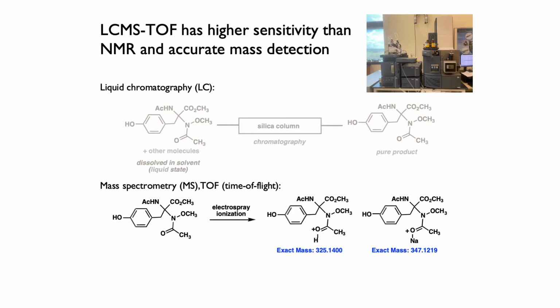What happens in the next stage, mass spectrometry, is that you have something called electrospray ionization, which basically just makes the molecules charged. It turns them into cations. You could add a hydrogen or you could add Na, which is sodium, but they need to be ions, in this case cations, in order for us to be able to see what their masses are. And these are their respective masses.